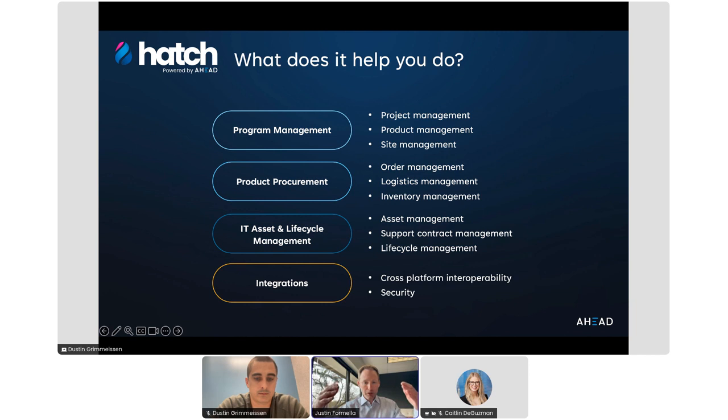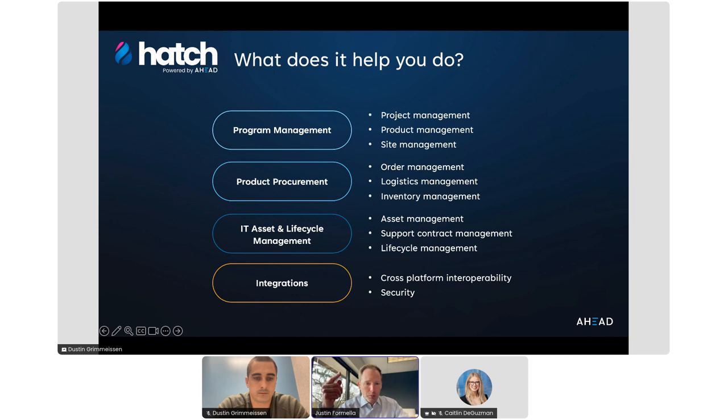And I'm going to show you specifically how Cisco is a very big part of this, but you also may have compute and storage pieces of your ecosystem and how this addresses that as well. So when we talk about Hatch, there's 3 primary pillars I'm going to talk about.